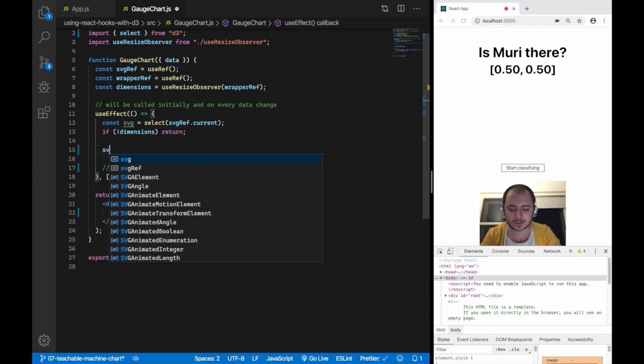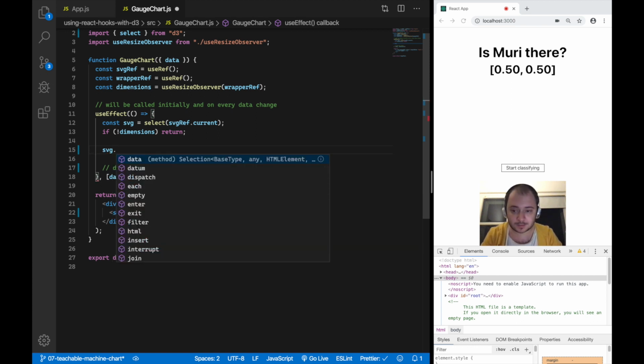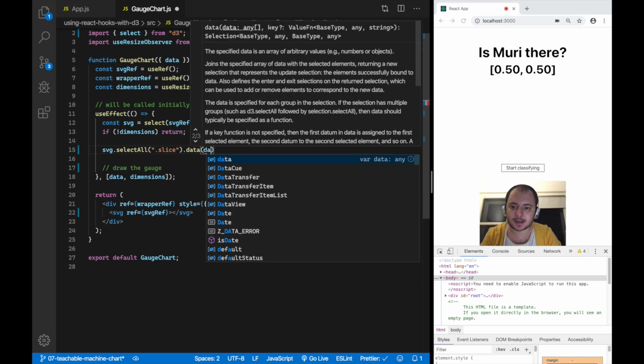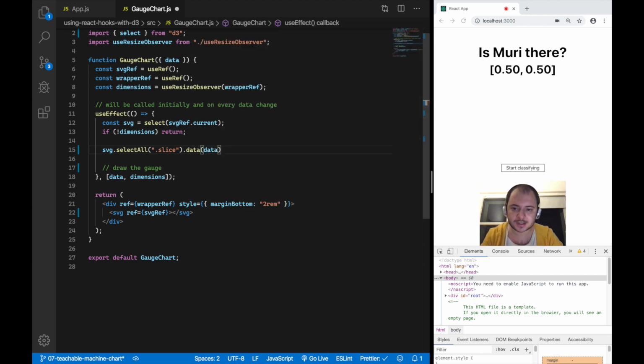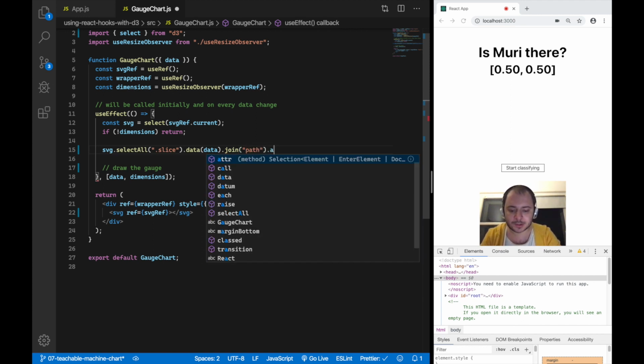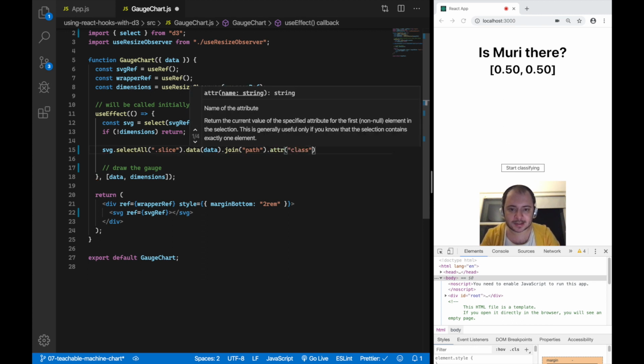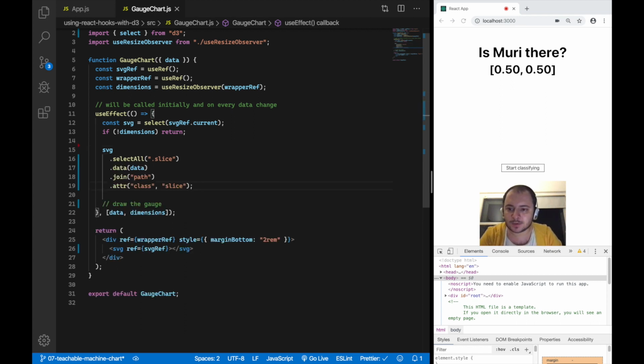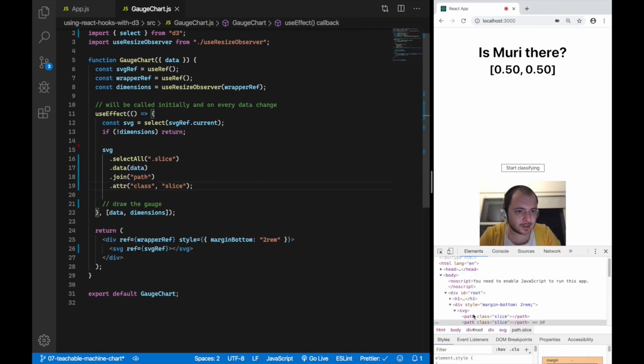And to do that, we say, like the normal general update pattern from lesson 1, SVG, select all elements which have the class slice and synchronize them with the data array I'm receiving from the outside. And then I'm going to say join, so basically create a new path element for every new piece of data, and then also attach the attribute class slice to every new or updating element. So if I save this, you will see now I have two path elements,